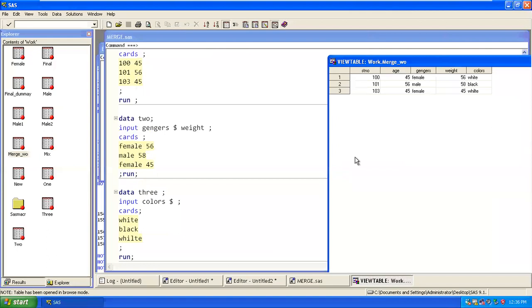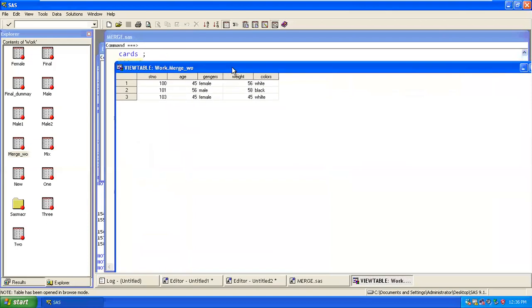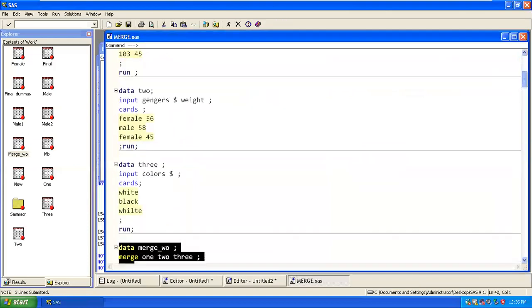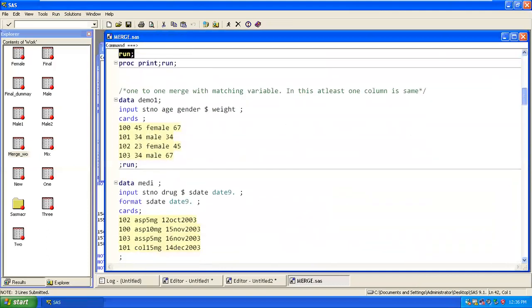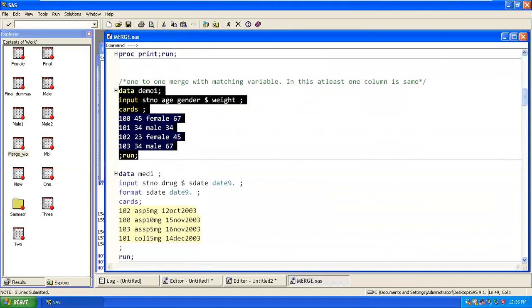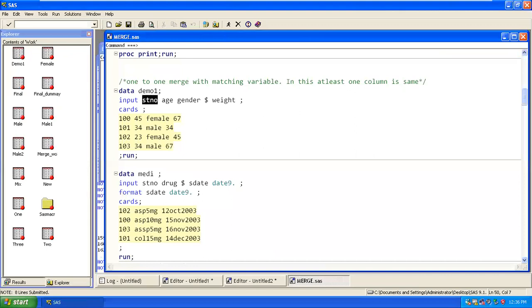To avoid this type of mistake when we try to do a merge, we should have a primary key in both those tables. Correct? That is nothing but a common variable I introduce here, using the SC number. In this table, we have the SC number. Don't look at this information.